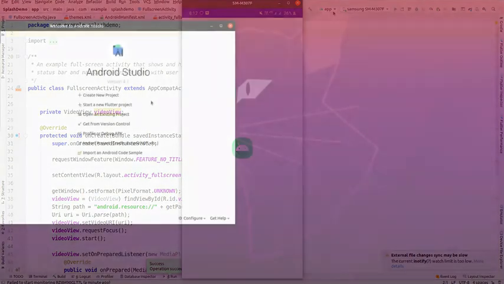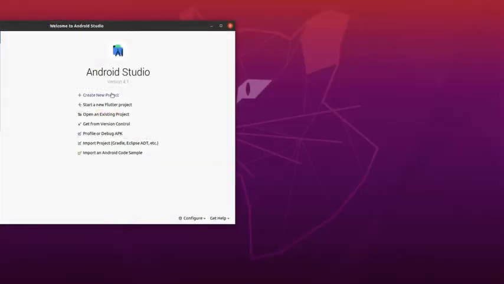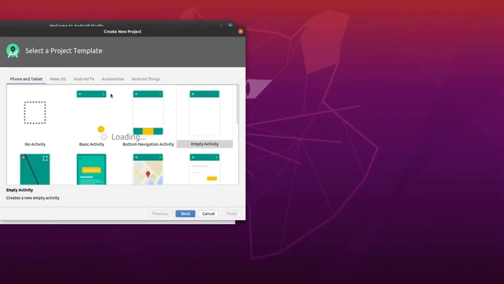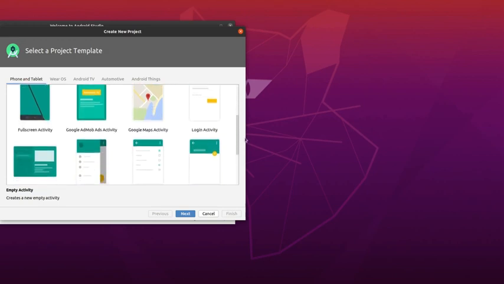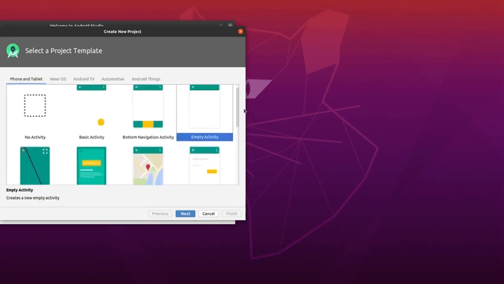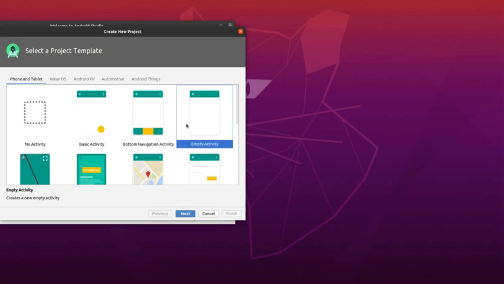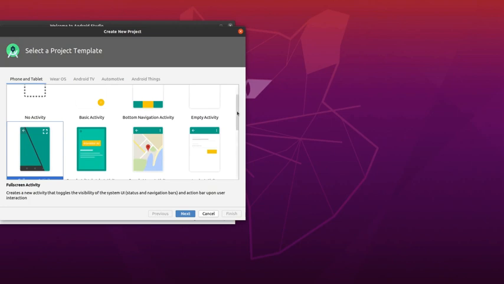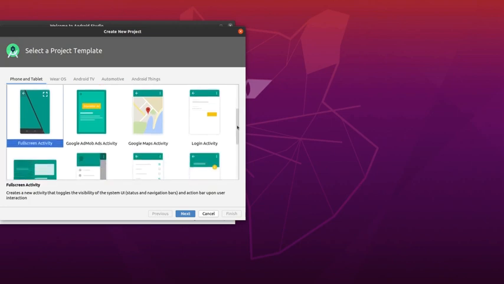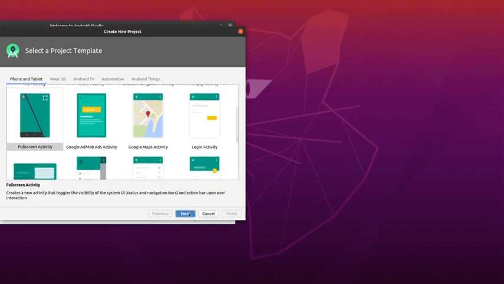Okay. Now click on Create New Project. After clicking on it, a window will appear like this and you have to scroll it. You don't have to choose this empty activity. Instead of that, you have to choose the full screen activity. Let me see where it is. So here it is. You can see that you have to select that and afterwards you have to click on